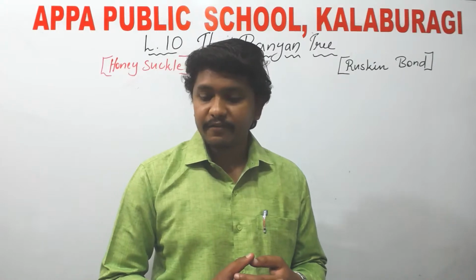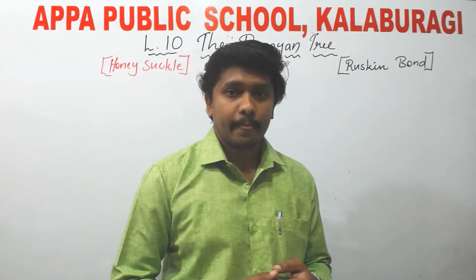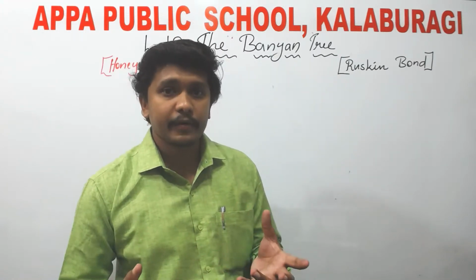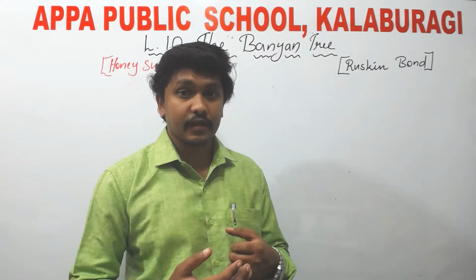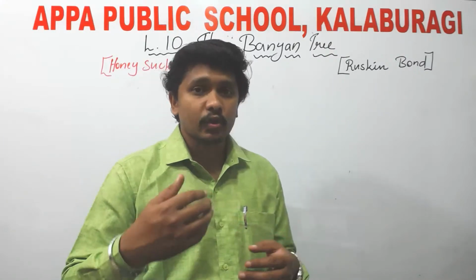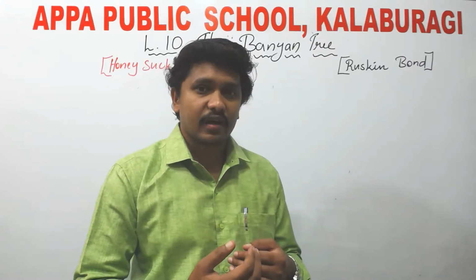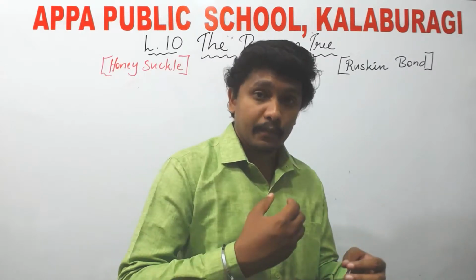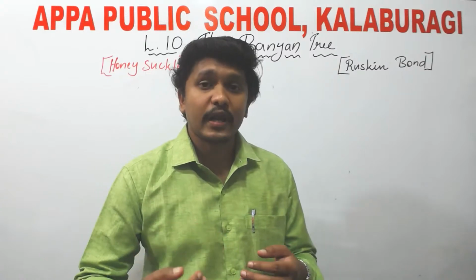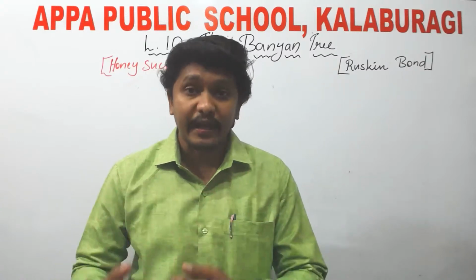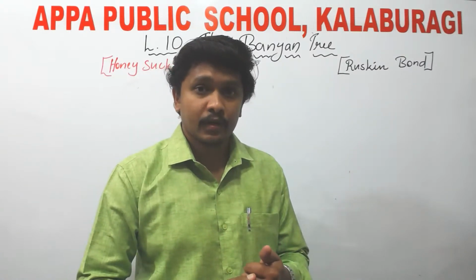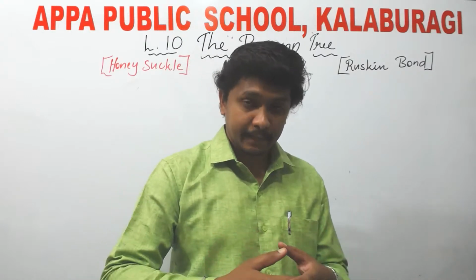Next paragraph, the boy is telling that my first friend was a gray squirrel. So first of all, when I saw the squirrel, I went nearby. What happened automatically? The squirrel ran away because of the fear. The squirrel thought that this particular boy is coming with an air gun or catapult to attack. That's why he ran away. But later, the boy started to bring pieces of cake, biscuits, everything. So finally the squirrel came to know that this boy is not coming to attack. Instead, he is coming to feed and make me a friend. By understanding that, the squirrel became friendly.